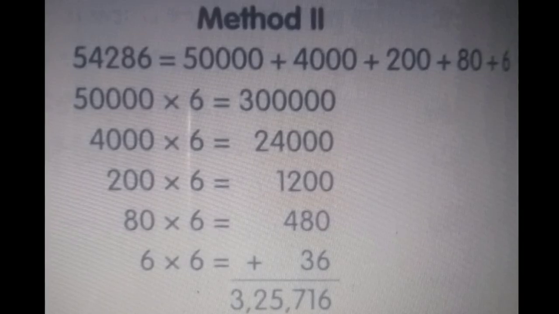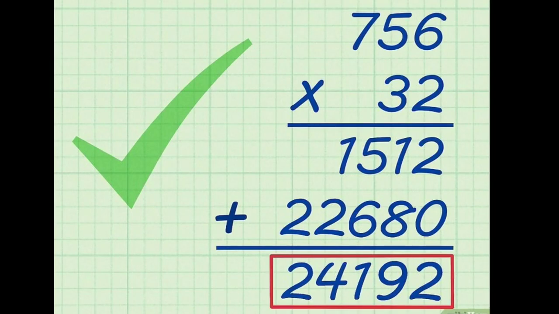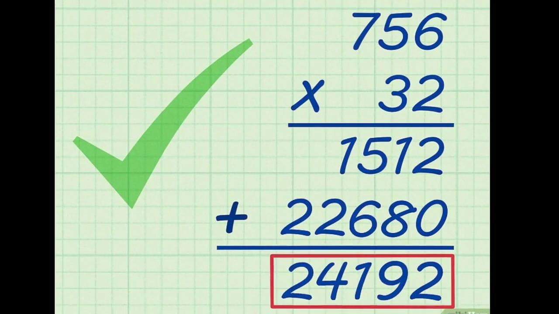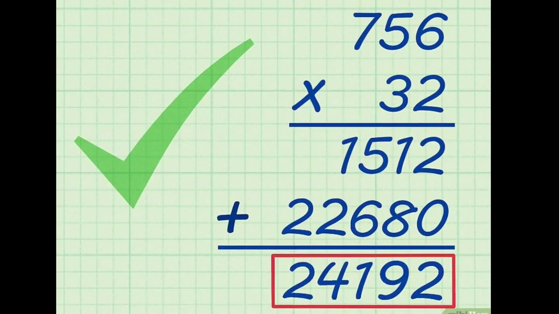Now let us move on with the multiplication of a 2-digit number with the help of an example. Here I am multiplying 756 with that of 32. Again, using the expanded form we can also do this. First of all, what you have to multiply? You have to multiply 756 with the ones place digit, that is 2. So you have to multiply 2 with 6, 2 with 5, 2 with 7, and we'll get the answer as